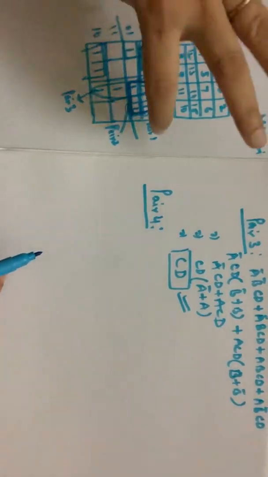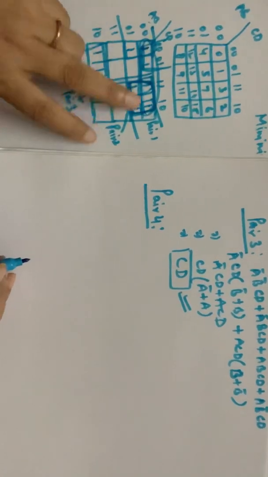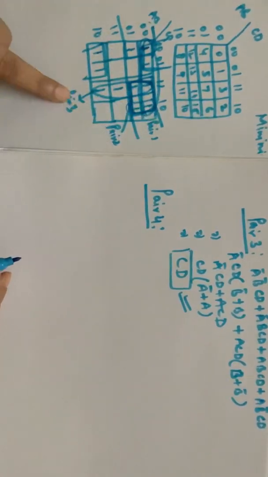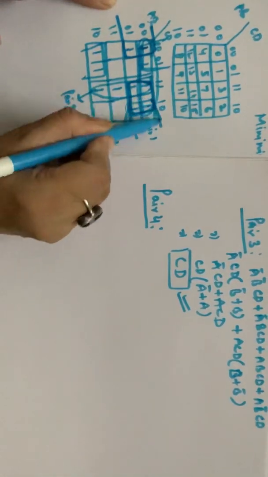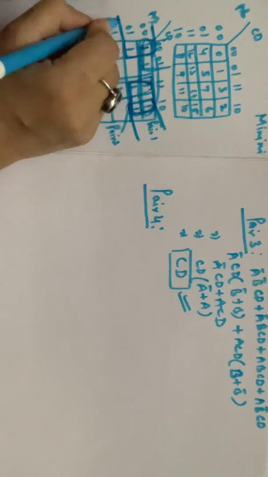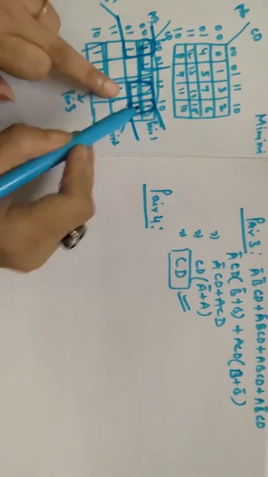So first I'll try to solve the above ones only, so as not to confuse you. I'm solving the above pair only. Pairs 1, 2, 3 we have solved. So this and this one is my pair 4. Again we are able to group 4 values.